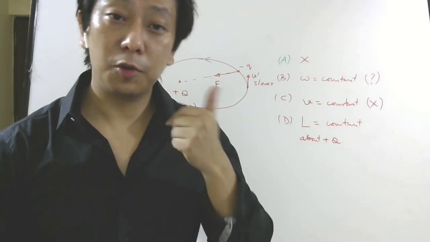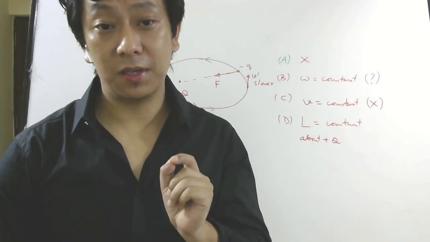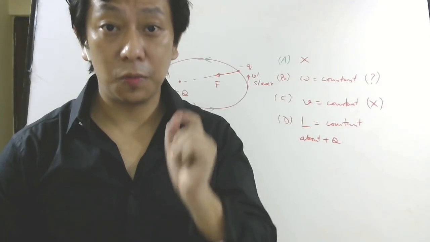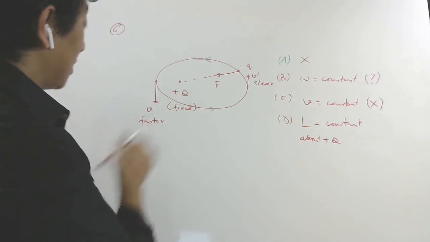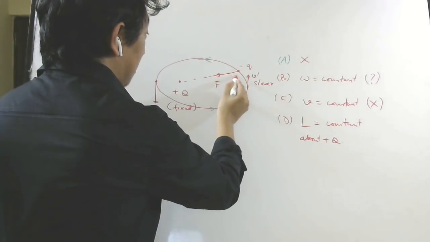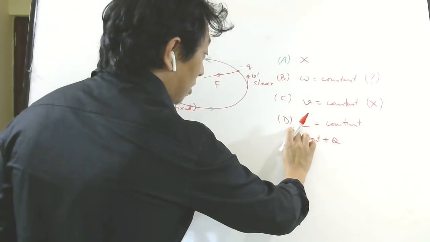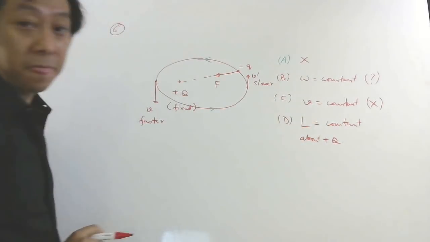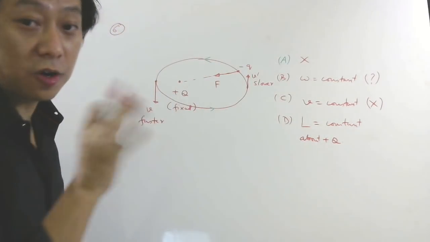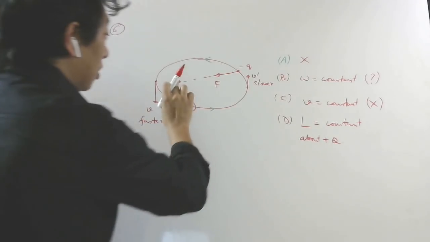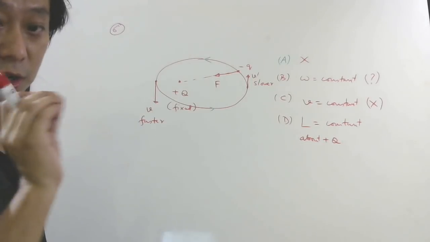Okay. So when is momentum conserved? When net external force is 0. When is angular momentum conserved? Angular momentum is conserved when external torque is 0. So we have to check the torque on this charge because of this force about this charge. Because they are asking angular momentum about this point. Right? So if you want to know angular momentum about this point is conserved or not, you have to check torque about this point is 0 or not 0. Okay, so torque we have to check.